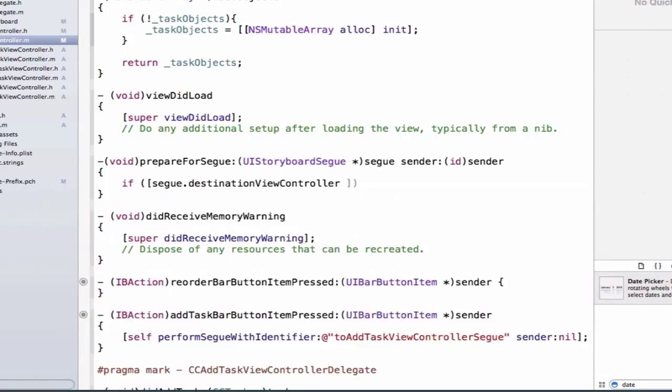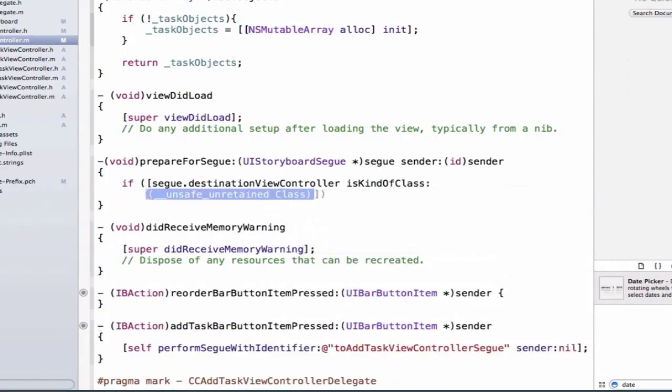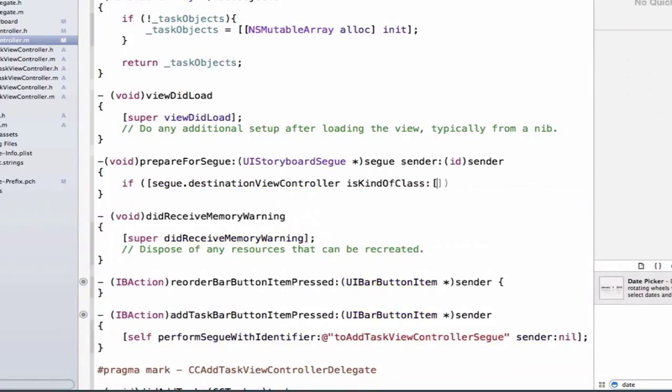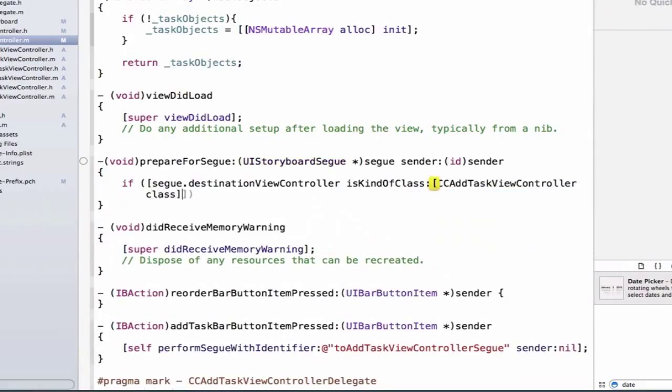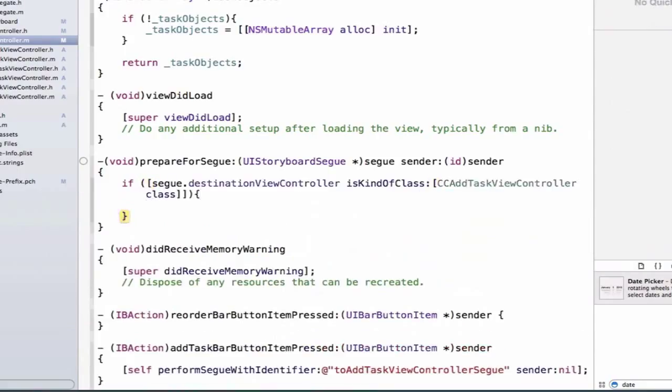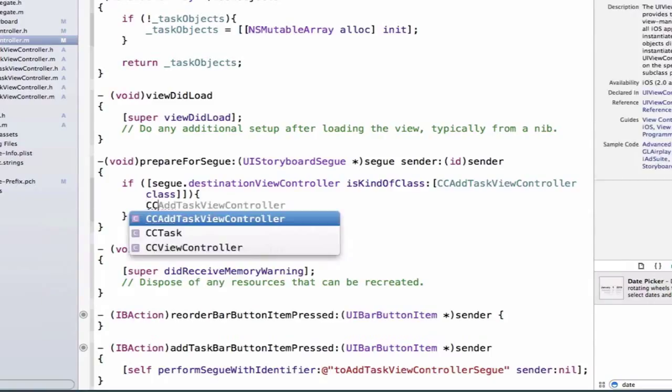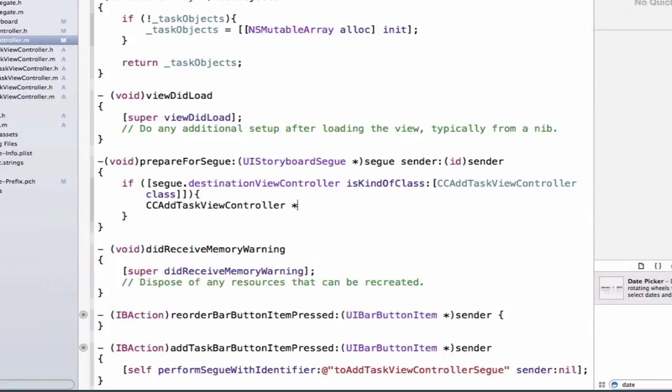segue.destinationViewController isKindOfClass, and we're going to add another left bracket here, and we can say CCAddTaskViewController class, and we can go ahead and add some parentheses, and we first need to create a variable that points to our instance of CCAddTaskViewController. So we're going to say CCAddTaskViewController star, and we'll give it a variable name, so we can say addTaskViewController, and we can say this is equal to